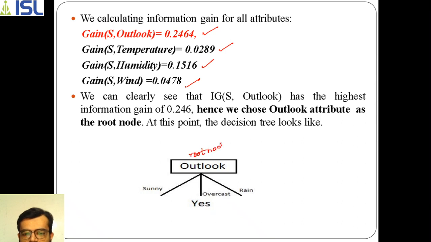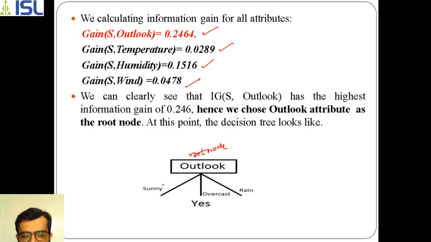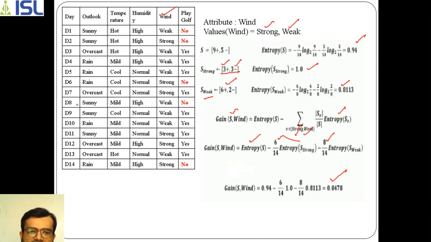So this is your root node, and this outlook can give 3 values, right? In outlook, what are the 3 values? Sunny, overcast and rain. Outlook gives sunny, it will give overcast, and it will give rain. But one thing to observe in overcast: here there is overcast, here overcast is there, here overcast is there, and here. So there are 4 overcast values here. In all 4 values you will find that yes is there for overcast, here also yes, here also yes, and here also yes.